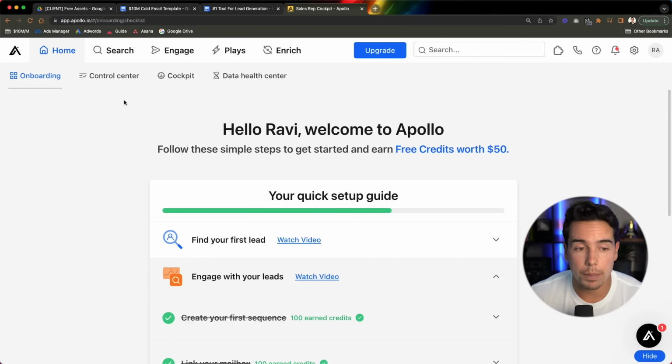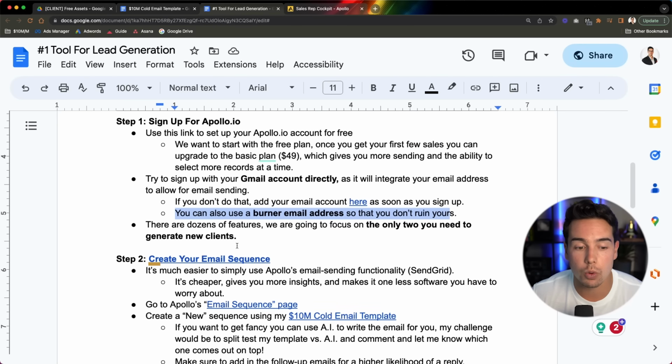Now, once you get into Apollo, there are literally dozens of different features, but as usual, I'm going to show you literally just 2 that you need in order to start generating new calls and new clients today. So the first thing that we're going to want to do here is create an